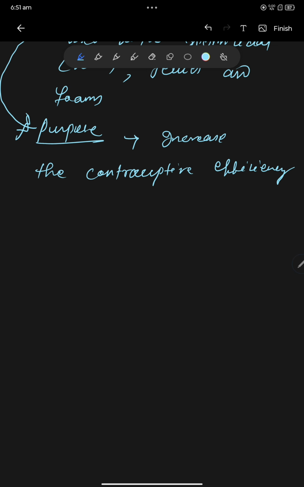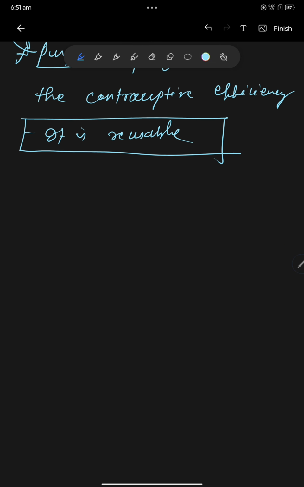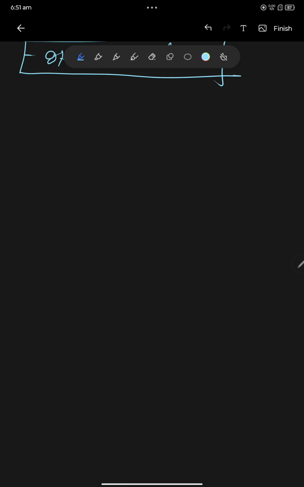And it is reusable. This is its greatest advantage. It is reusable and it can be used along with this to increase its efficiency. Okay, then the third one is